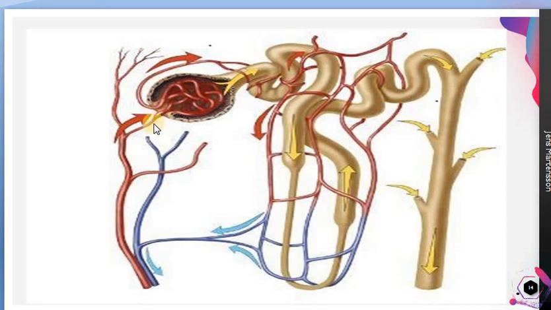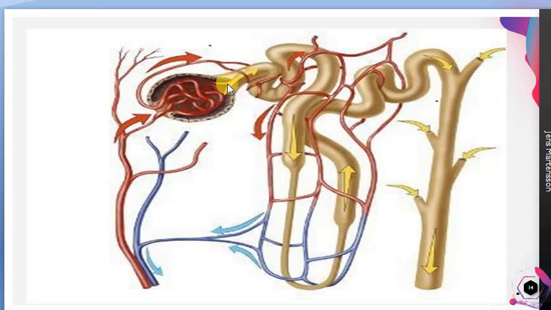So the afferent arteriole is a little bit bigger and the efferent arteriole is very narrow. This is wider and this is narrower, and this creates a huge pressure difference, and because of this high pressure difference, all the solid matters, all the molecules will be expelled out. The matters which are not of blood will be expelled into the urinary tubule, especially into the proximal convoluted tubule. That is what is coming through the yellow arrow. So this is ultrafiltration.